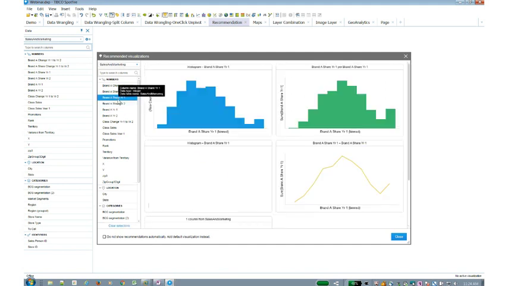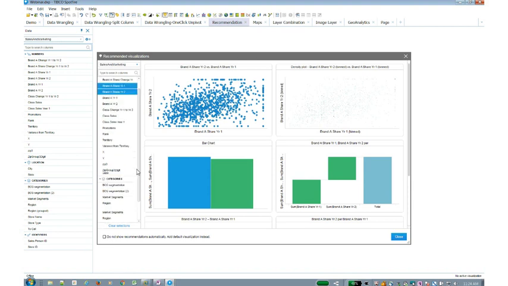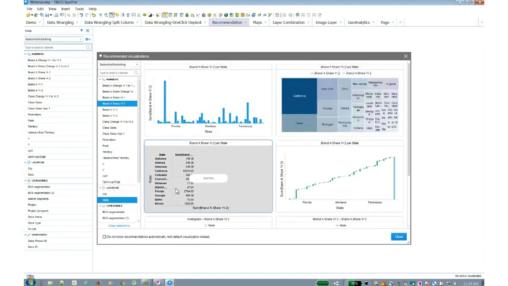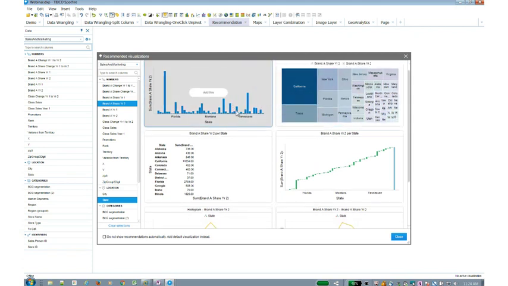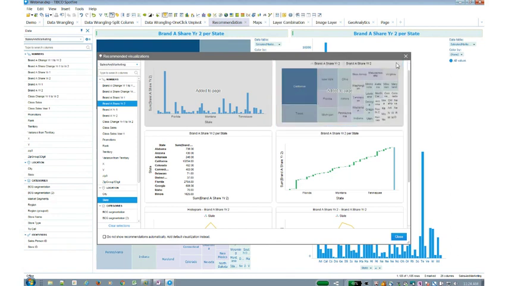On the left-hand side are all of the columns for whatever data you brought in. And if you pick and choose, the tool will try to help you look at the data using your data and create examples. So if you have state, for example, the tool will say, well, I can group this information by state and show you that in an analysis. And then if you decide to pick any type of visualization, the tool will configure it for you, and then you can just click on it, and it will allow you to very quickly create